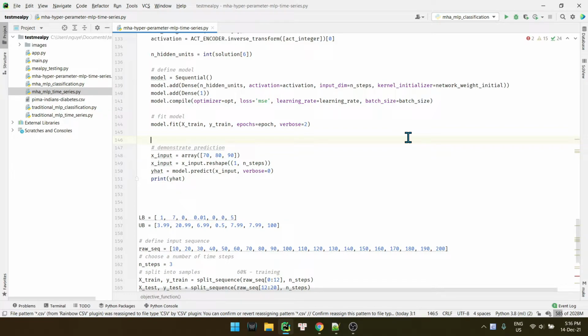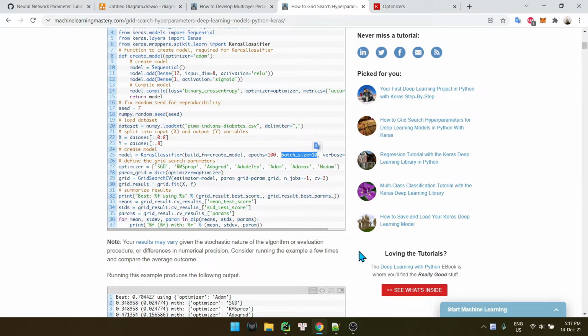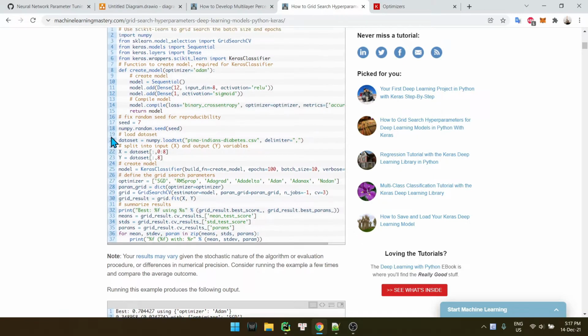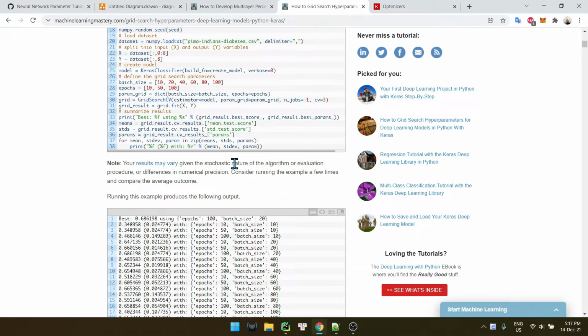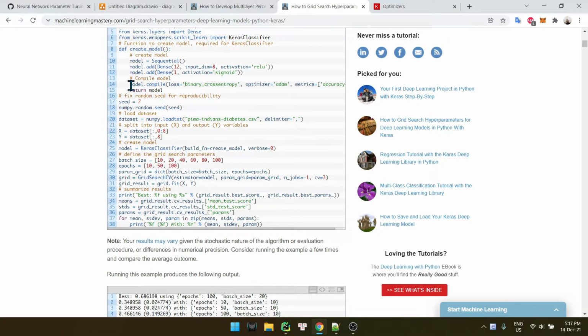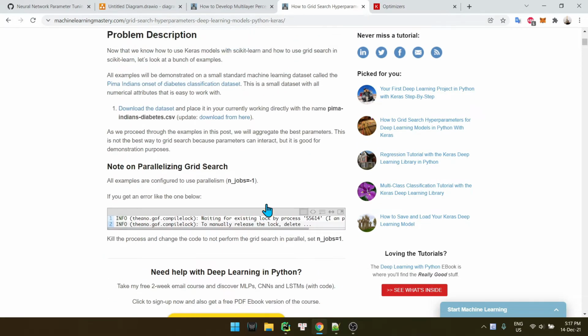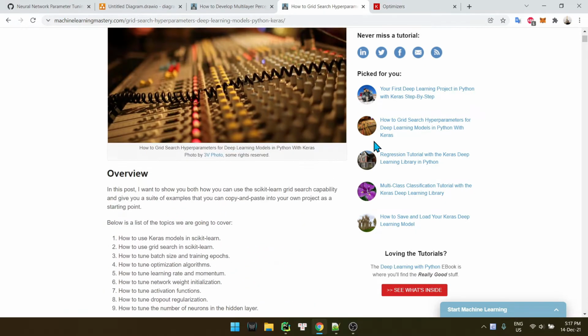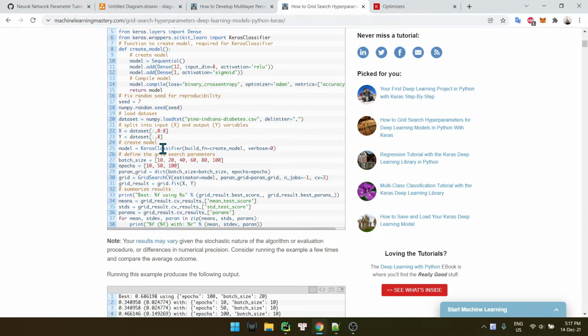Okay. Or let's just use, let me see. Let me see how to get the accuracy or the loss value of the model.